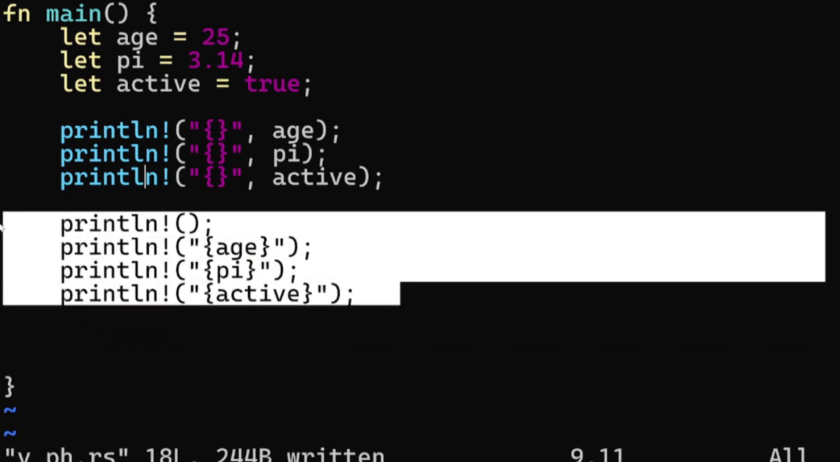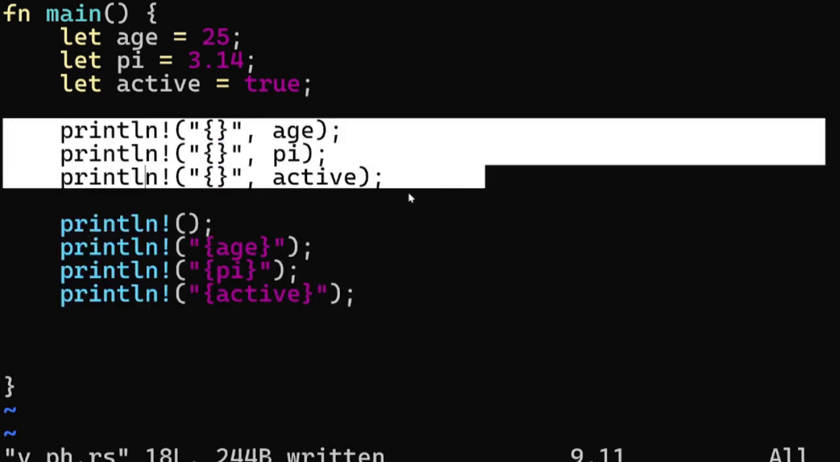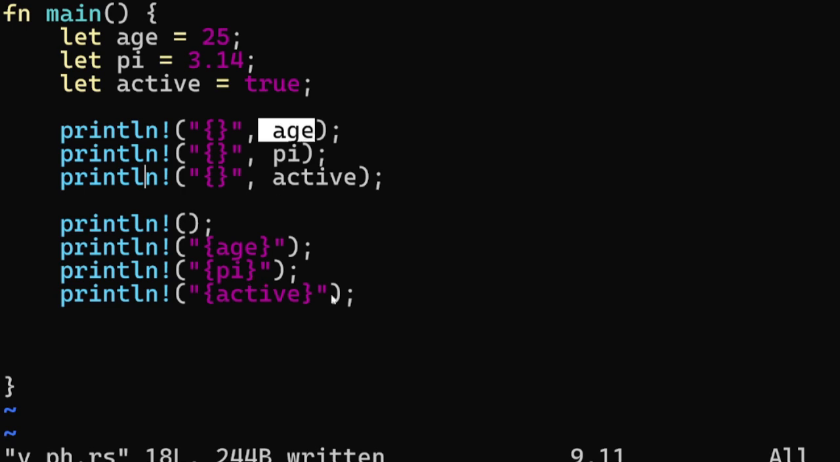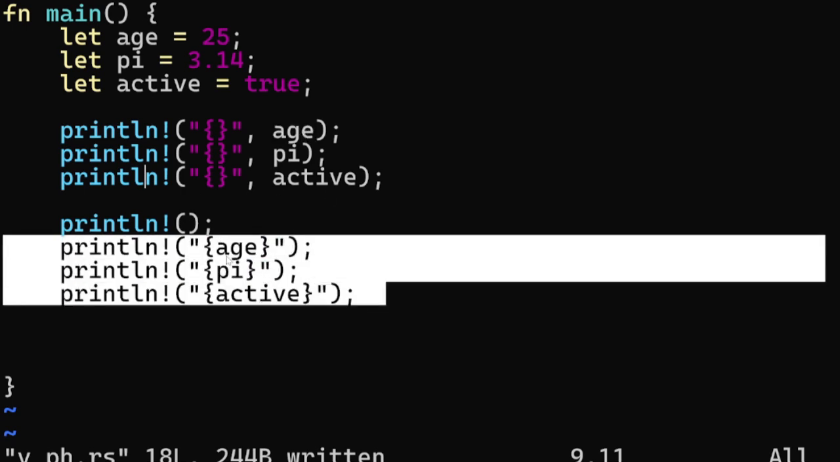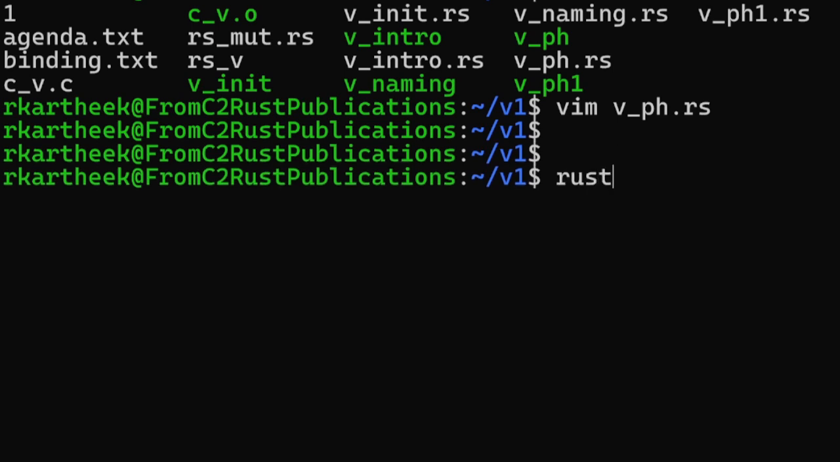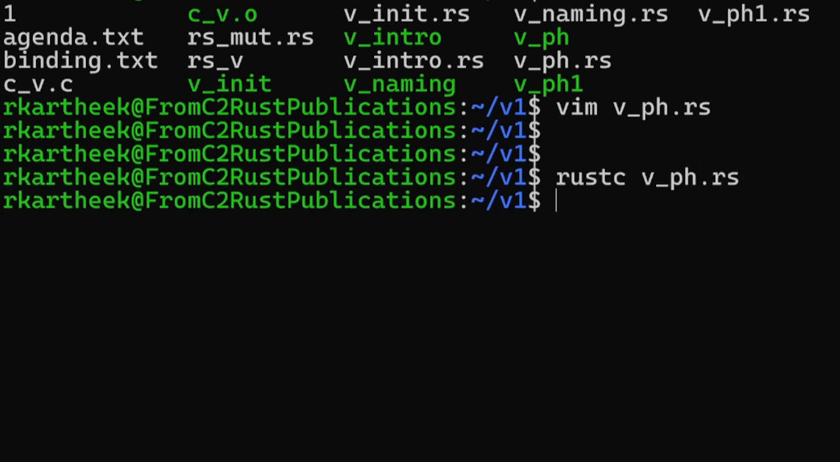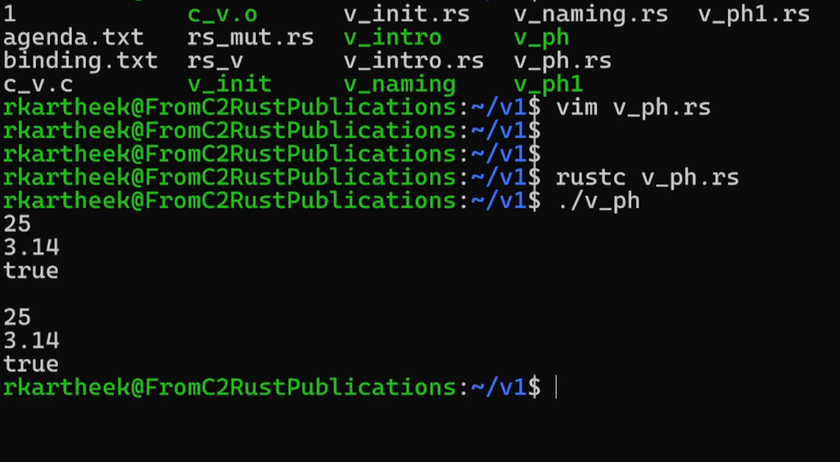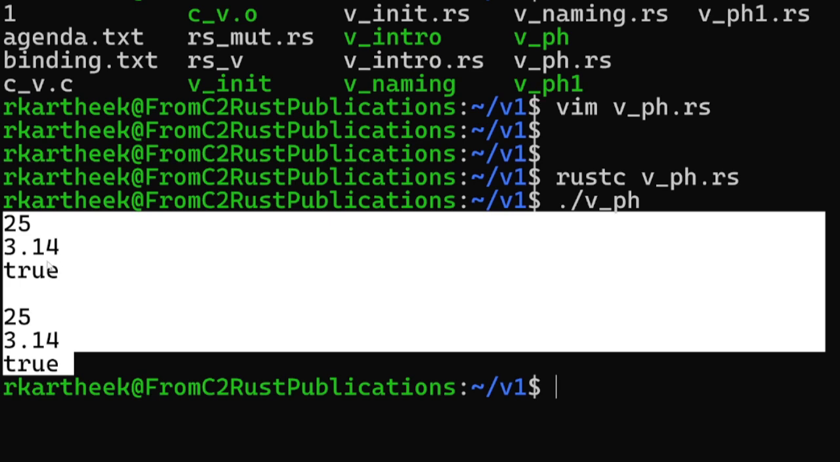The next one: there are two ways of printing. Either the variable names can be printed just like C, after the format specifier, with the variable names listed. Another way is to include the variables within the format placeholder. Both are the same and give the same result. Let's print it. The same two blocks, whether outside or inside, print the same thing. The next one,